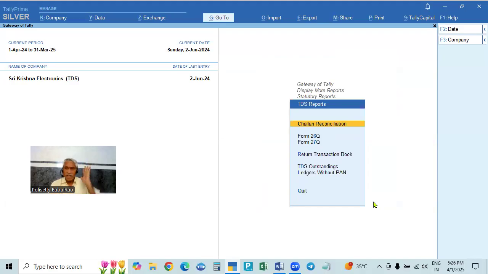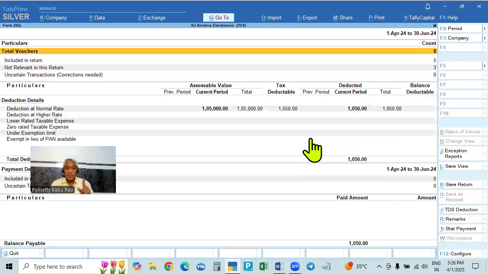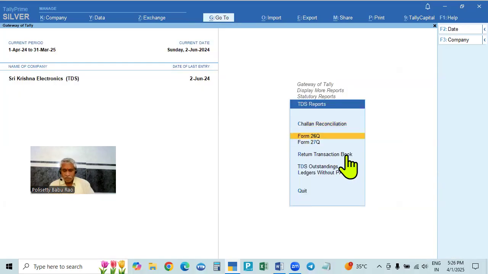For other payments, other than salaries, residents and non-residents are separate: 26Q for residents and 27Q for non-residents. Here it is other than salaries and all residents, so only 26Q.